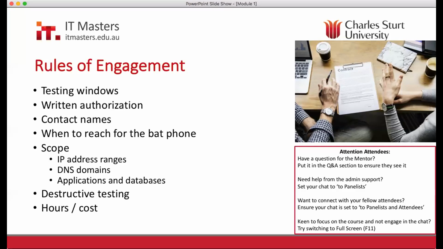Hours and cost: even some internal engagements require you to have an hours and cost against it, how many resources you're using. It's good to try and get that as part of the scope so there's an end time to it. Pen testing is one of those things that you can just dive into and keep going and going, especially with bespoke web applications that you are trying all sorts of things on and getting into the nitty gritty. It's important to have a time frame around these things.